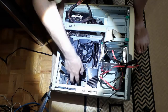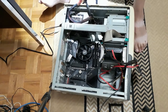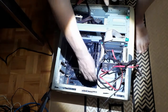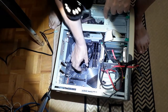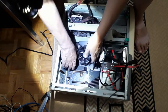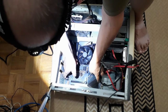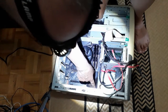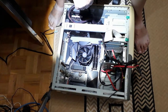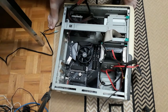There. I thought I got all the dust bunnies, but I guess I didn't. Okay, that fits in there really nice. Now, yep. Oopsie daisies. There we go. That was relatively painless. Now, let me get my screws. Bolt her down, and then we'll start looking about how we can hook up the